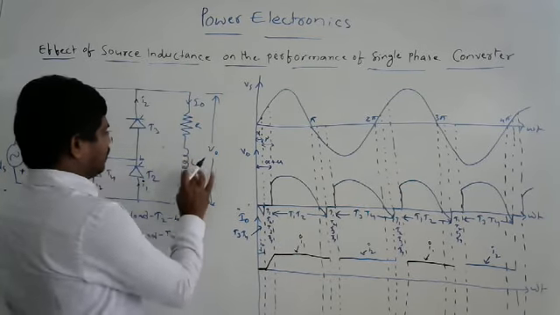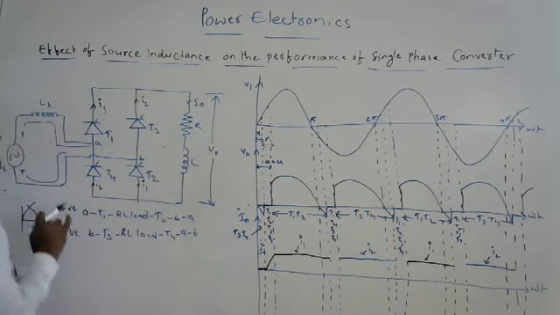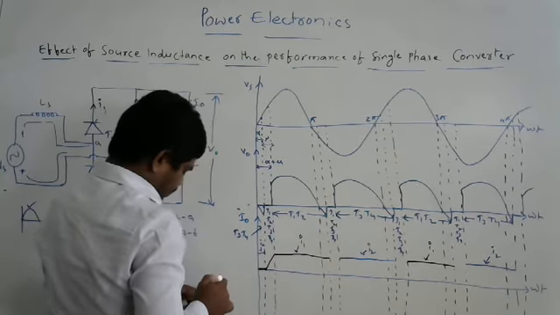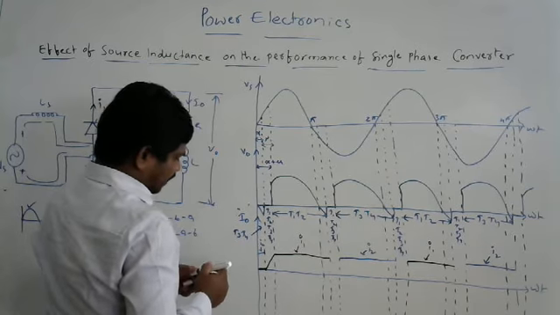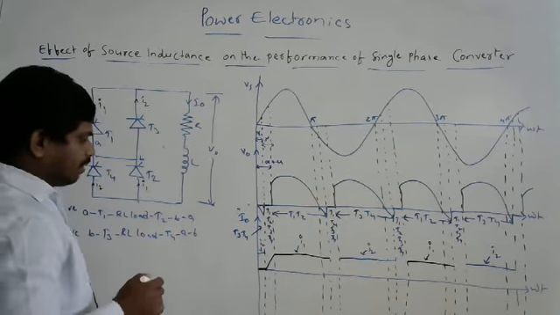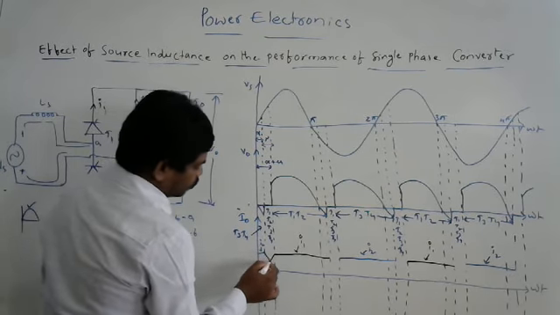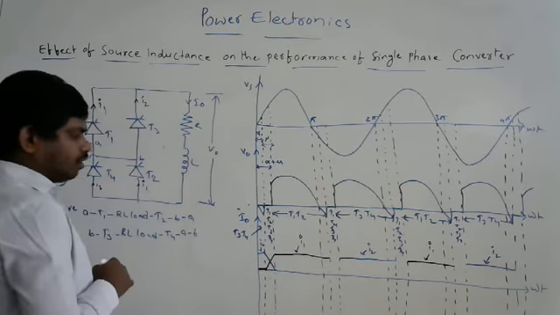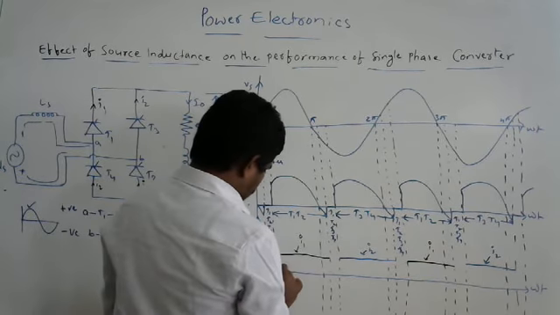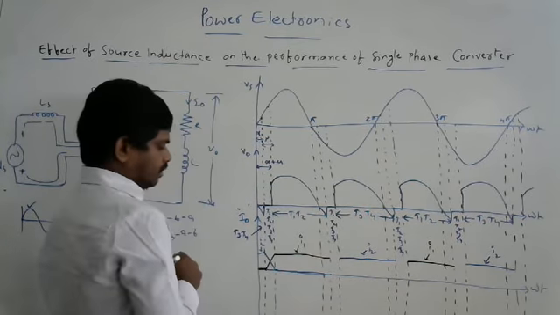Because of the inductors present in the circuit, the current must flow through these two inductors. That's why it doesn't allow a sudden change, and that's why you are getting it like this. Meanwhile, T3, T4 are outgoing thyristors, so they must come to forward blocking state, and the current flowing through T3, T4 tries to reduce like this. Got my point? The same thing happens here. So there is no conduction of T3, T4 till this point.